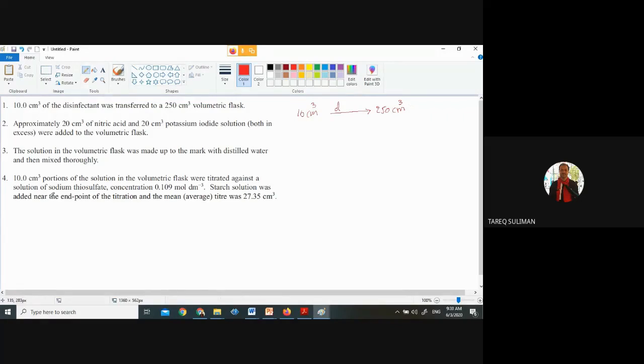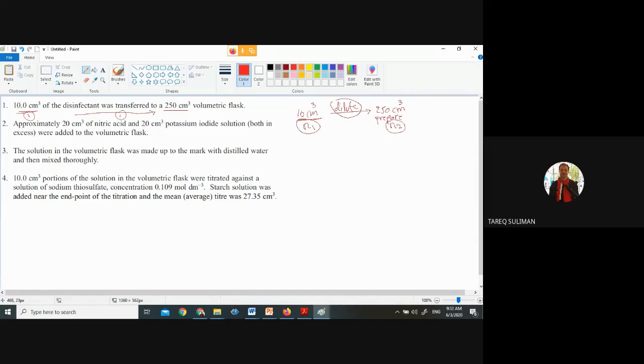Yes, to dilute the solution. They will prepare 250 centimeter cube by diluting the 10 centimeter cube. Clear? They will add water. So here they are going to prepare one solution from another solution. Number of moles here and number of moles in the 250 centimeter cube are the same. Clear? Number of moles of the